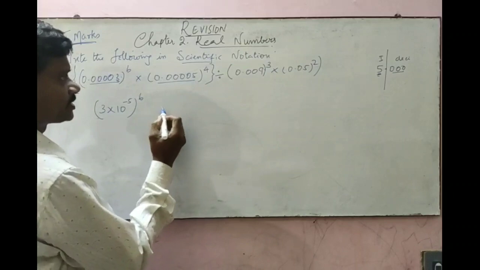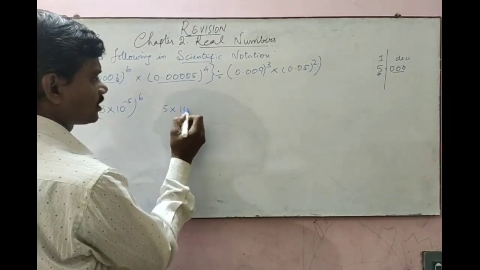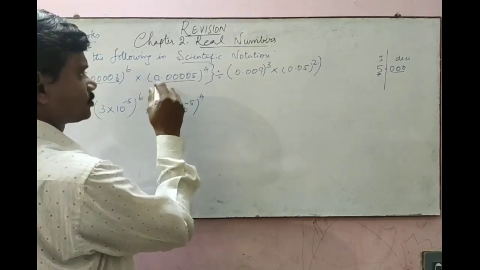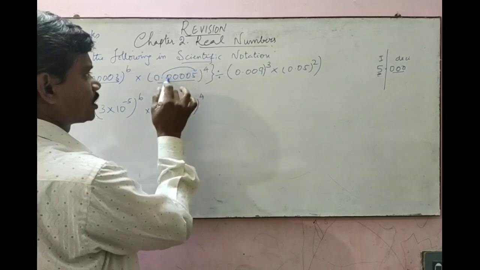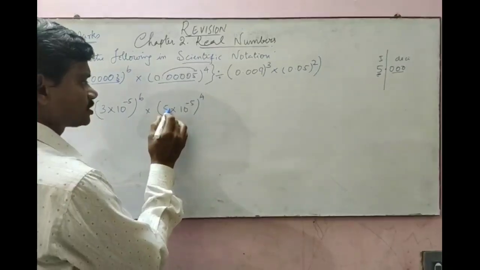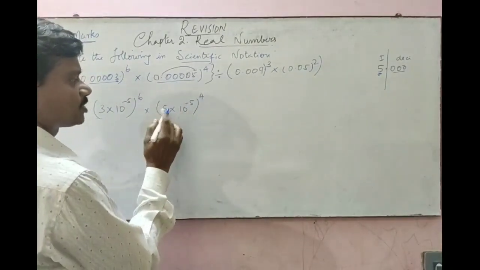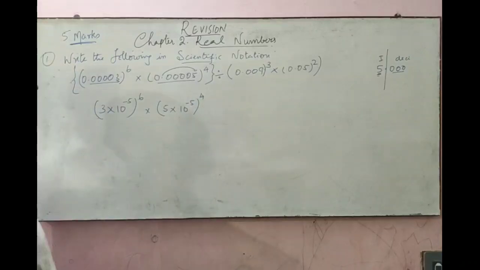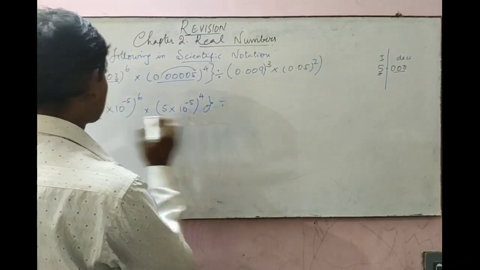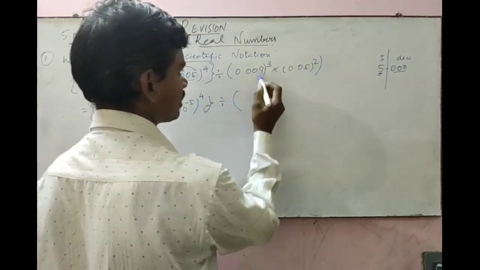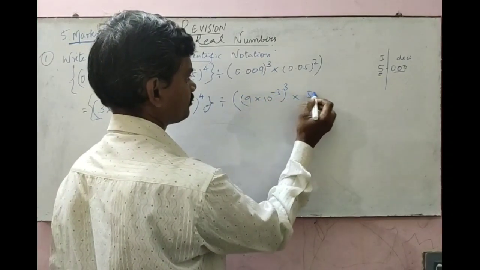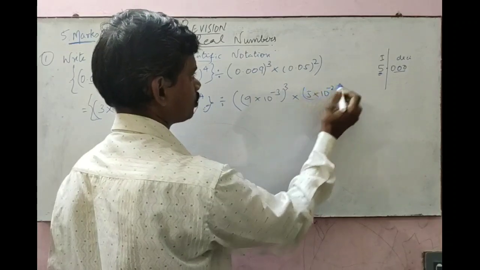Like that, here I am going to write this number in the scientific form as 5 into 10 to the power of minus 5 whole power 4, because it moves 5 digits, 1, 2, 3, 4, 5. After this I am having the decimal. The decimal is here now. Here you need not write the decimal because 5.0 has the same value, 5, whole divided by, here I am going to write this as 9 into 10 to the power of minus 3 whole cube into 5 into 10 to the power of minus 2 whole square.